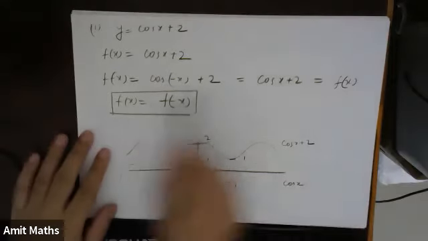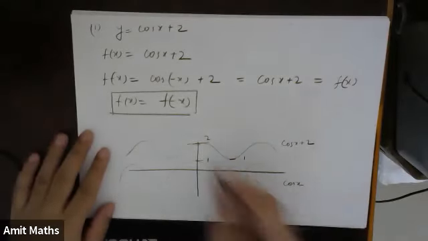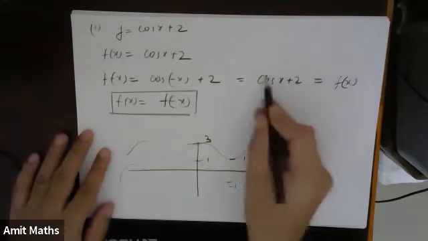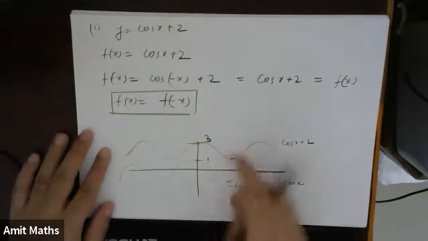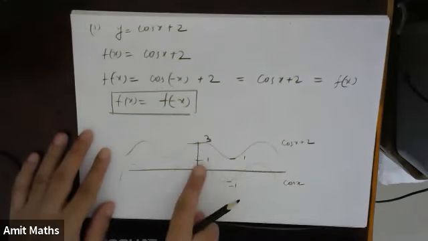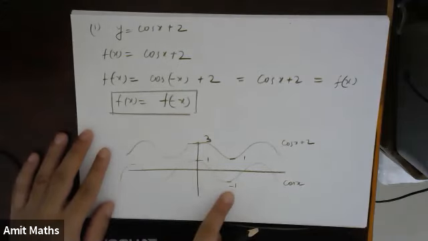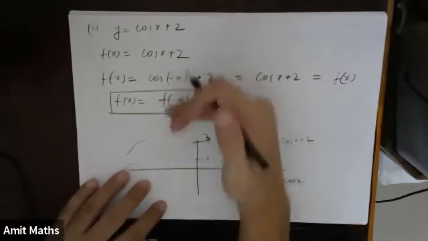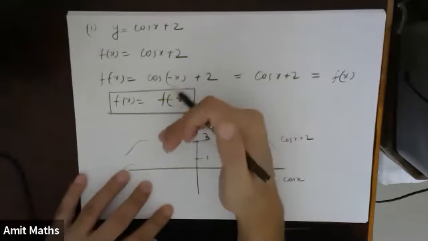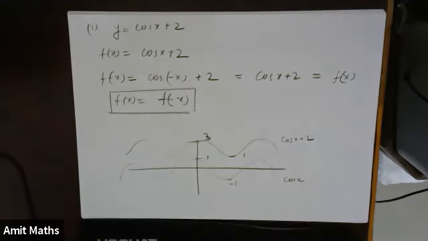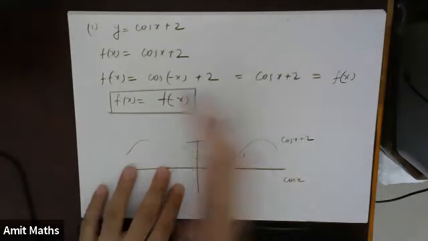Okay, so this is cos x plus 2. Sorry, 2 plus 1, 3, and 2 minus 1, 1. So the highest will be 3, minimum will be 1. And in this case, cos x simply had highest 1 and minimum minus 1. Understood? So basically the curve only shifts 2 upwards. However, the symmetry of the curve is still about the y-axis.